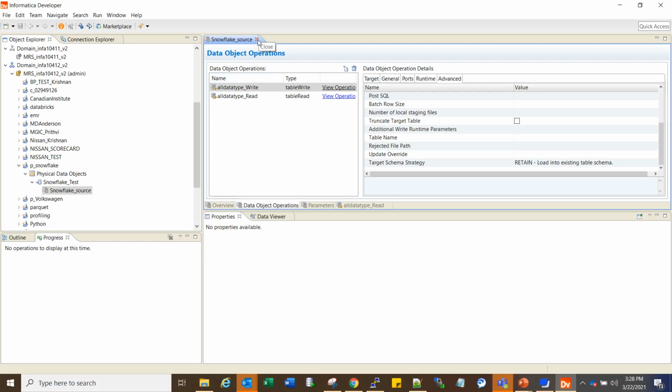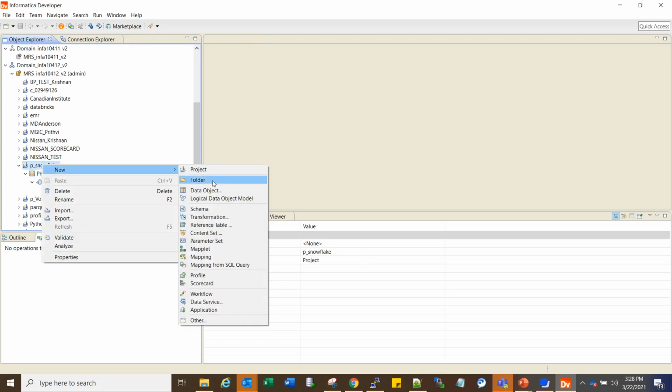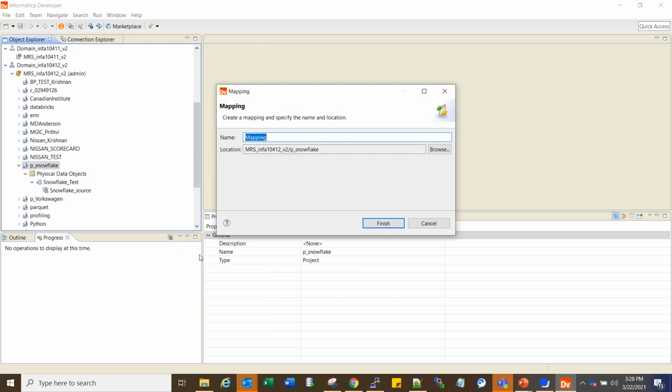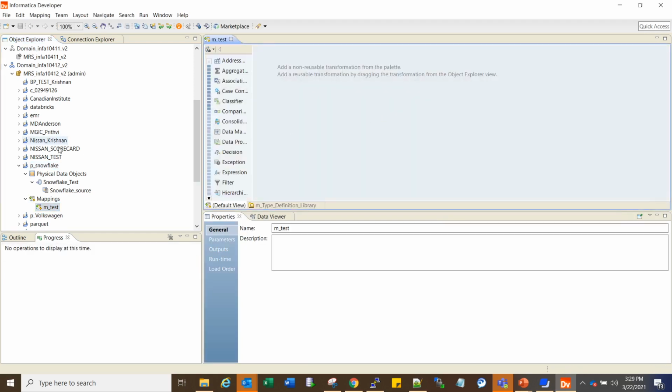Now let's try creating a simple mapping using this Snowflake object. So we can simply right click the project and create a mapping. You can name your mapping anything whichever way you want to, and this is the mapping panel.